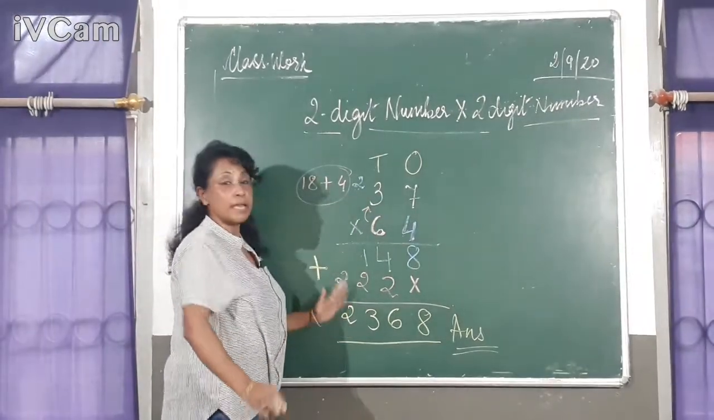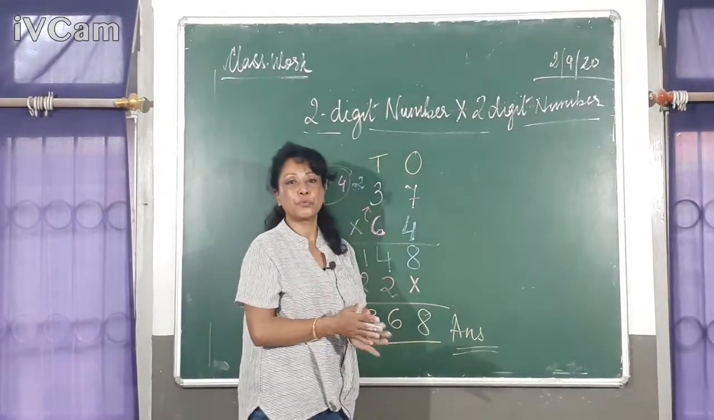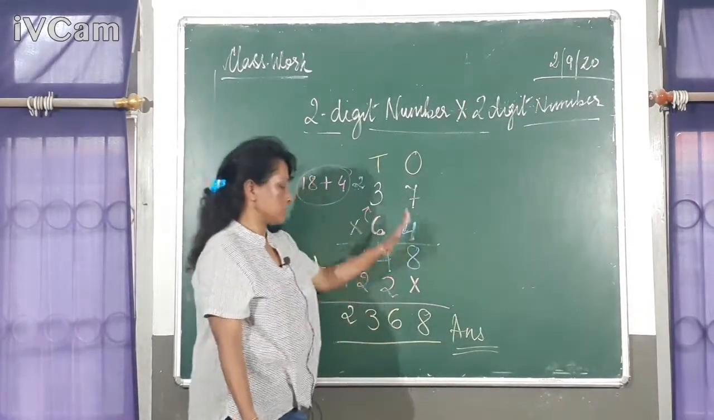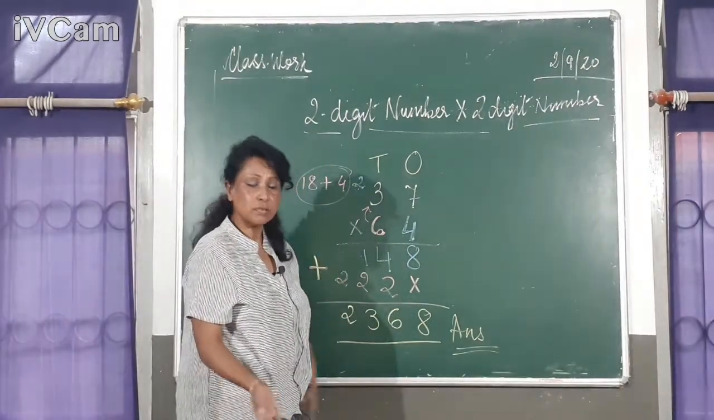So children, with this we come to the end of your multiplication chapter. Next we will start with division. This is the end of the multiplication lesson so far. We have taken quite a long